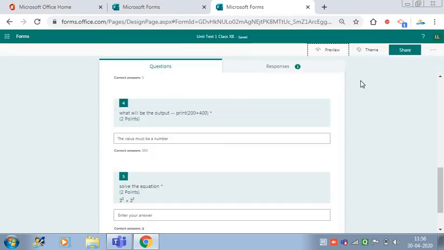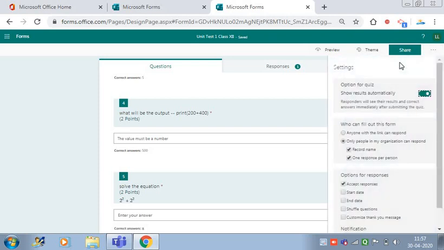After this, I'm going to just show you few settings which you need to use while creating form. If you don't want your students should view the result and view the correct answers, you can restrict this by disabling this option. Supposedly a teacher has made a form for 3 sections, and she wants that all the 3 sections should submit the responses. After that only she will enable this. So this option can be disabled.